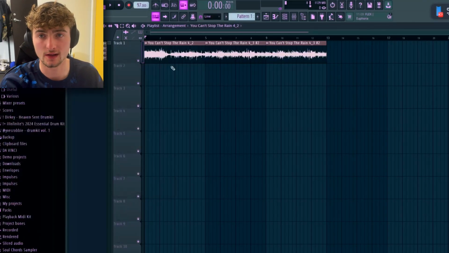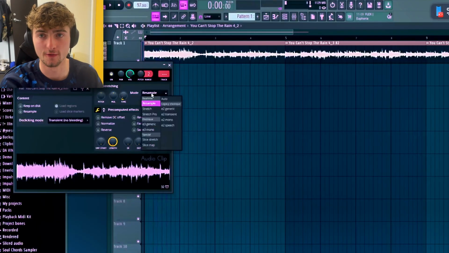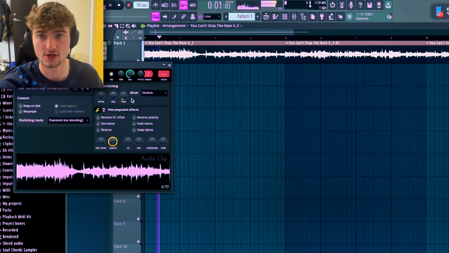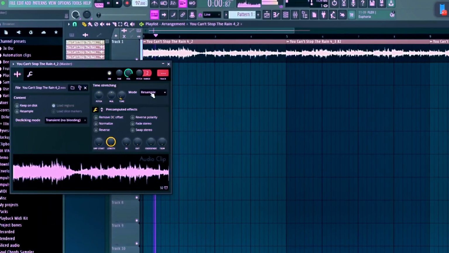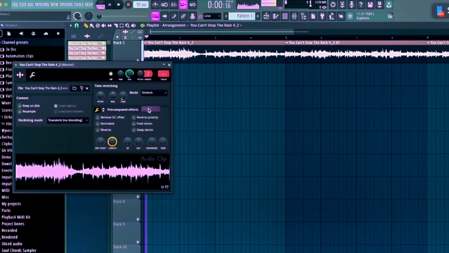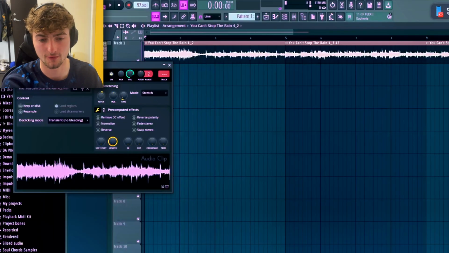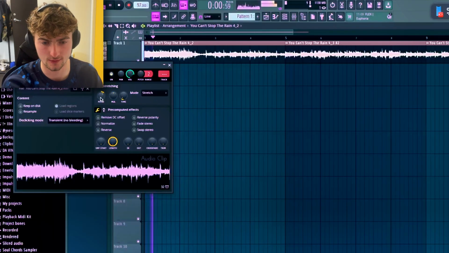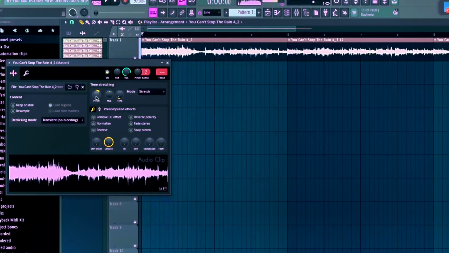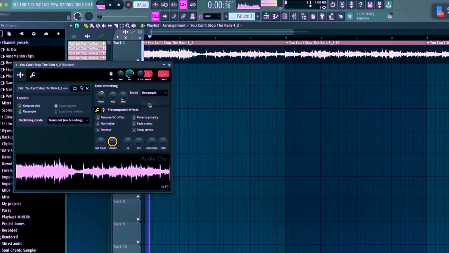It may not be exactly on a key, so to get it correct, we just go from resample to stretch and pitch it up accordingly. What I mean is if I play it now on resample, and then I go to stretch, you'll notice it's back to the original pitch. So we just play around with the pitch in stretch mode to try get it the same as the resample pitch. So if I just pitch this up like 300 and listen to it, and then go back to resample,